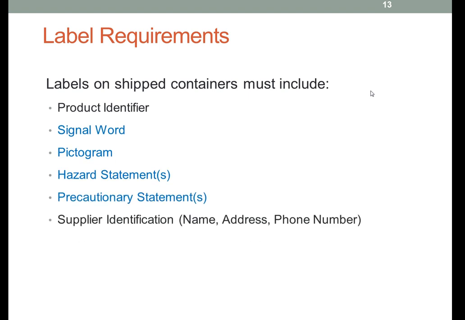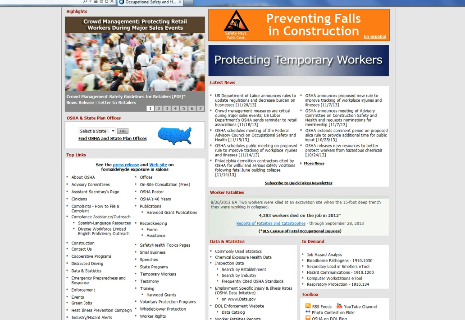following. The first and last items, product identifier and supplier identification, are identical to what is currently required. The 4 in the middle, signal word, pictogram, hazard statement, and precautionary, are new, and we will review those in some detail. I ask that you pull out the attachment that is labeled an OSHA Quick Card, Hazard Communication Standard